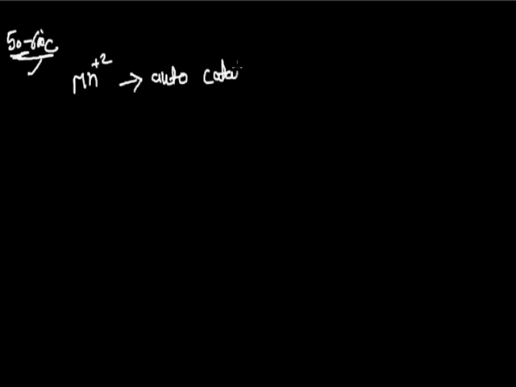Mn2+ acts as an autocatalyst. Now, what is an autocatalyst? When we perform a titration, if our oxidizing or reducing agent or its product itself acts as a catalyst, then it's called an autocatalyst. As we know, when we perform the reaction between oxalic acid and KMnO4, one product is Mn2+ and the other product is CO2 gas.